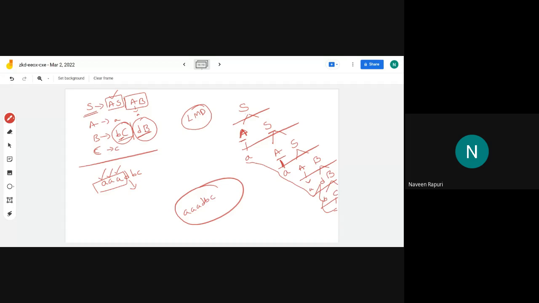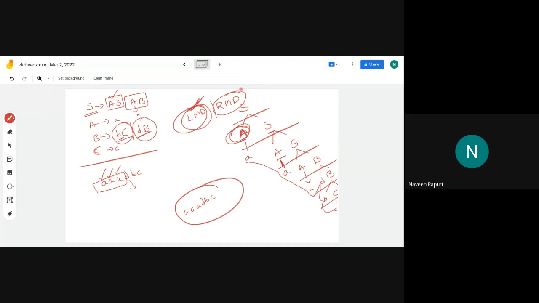So here you need to get the knowledge of what is LMD, sir, and another one is what is RMD, sir. The definition of LMD is, suppose you want to reduce the non-terminal with a terminal, that is done always on the leftmost non-terminal. If you always replace the leftmost non-terminal, we can call that one as LMD. Suppose if you always replace the rightmost non-terminal, you can call that one as